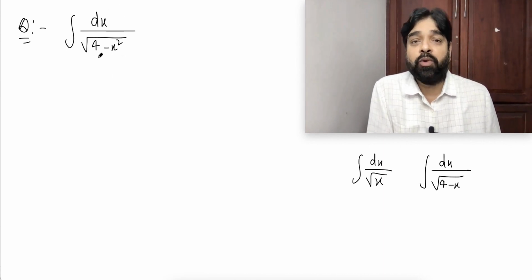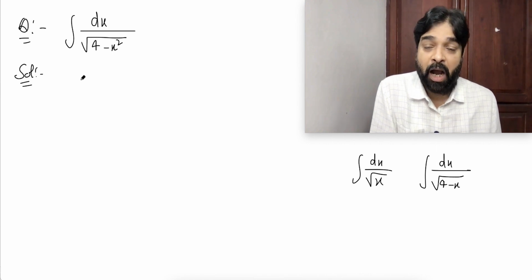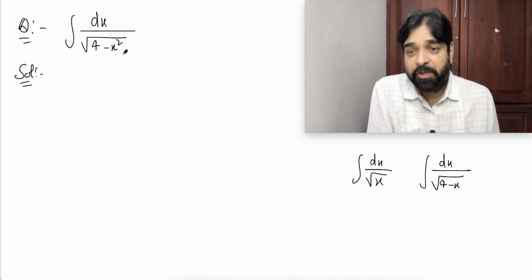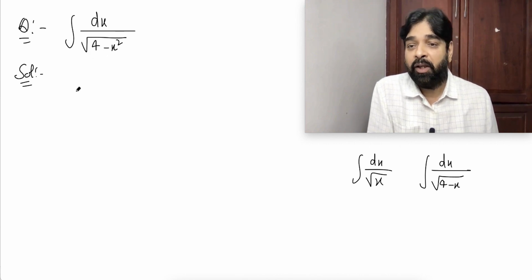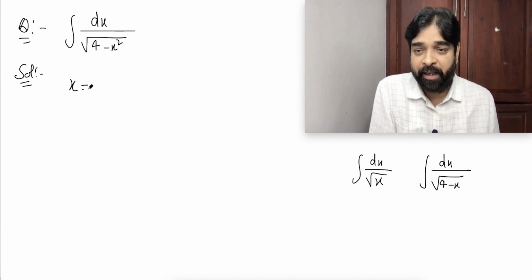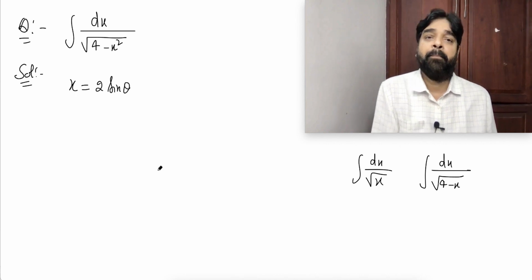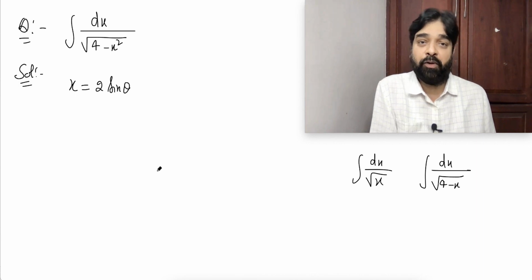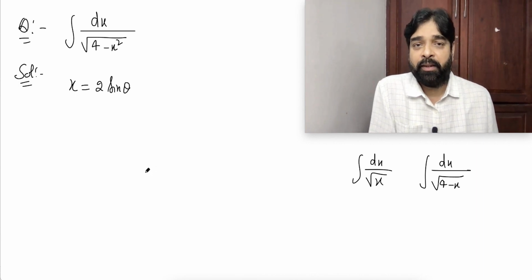So how to do this kind of question? Here your substitution can help you. Think of some substitution so that this becomes a perfect square. So what is the first thing that comes to my mind? x equal to 2 sine theta. Maybe some of you can think x equal to 2 cos theta also. That is also very much correct, there is no problem at all. You can take x equal to 2 cos theta also.